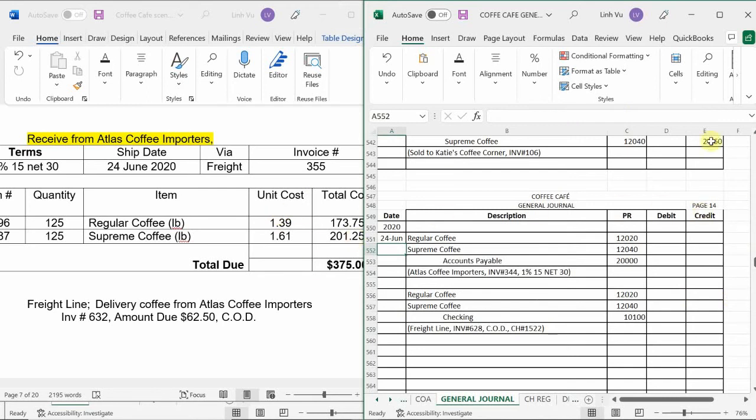So on regular coffee, we had 173.75 debit. Supreme coffee is 201.25. Accounts payable is 375. We changed the invoice to 355. Looks like terms stayed the same. And so